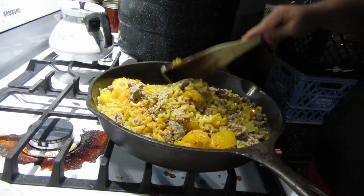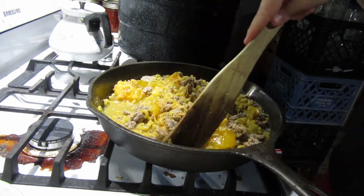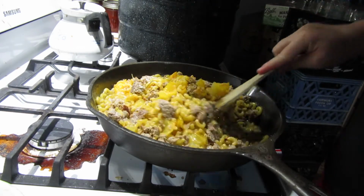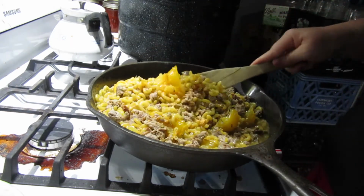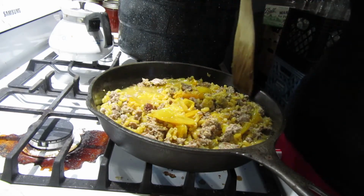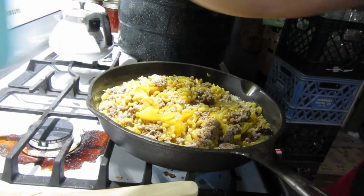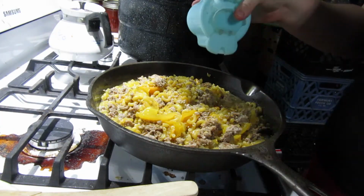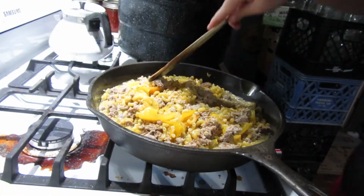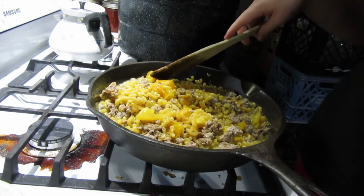And I have one more seasoning I want to add. I like to add just a little shake of sugar in here. When I use canned tomatoes, I find that it brightens the flavor and it takes the edge off of any kind of canned tomato product when there's just a hint of sugar in. It'll cut any potential bitterness, and we are plenty bitter on our own, so we don't need any extra bitterness from our tomatoes. So I'm going to just stir this up,